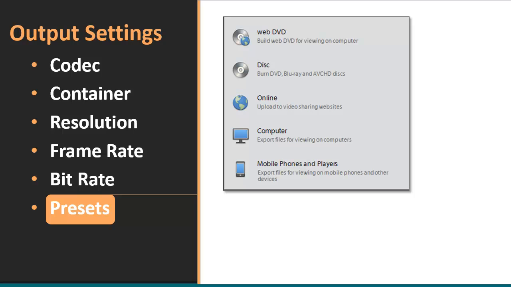In Premiere Elements, these are the options that are presented to you. Choose whether you want a DVD, to make an online video, a computer, or a mobile phone. And these are kind of forced categories, as we've discussed before, and you can delete these and consolidate these. If you want to learn how to do that, there are plenty of tutorials online. Just Google this and you'll be able to figure that out.